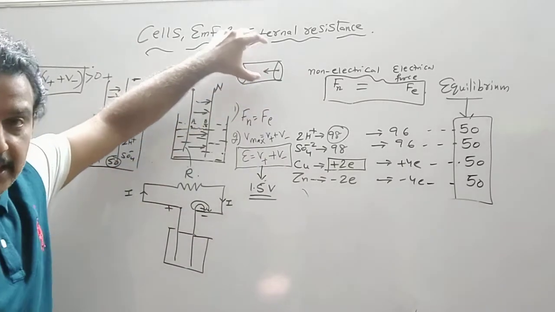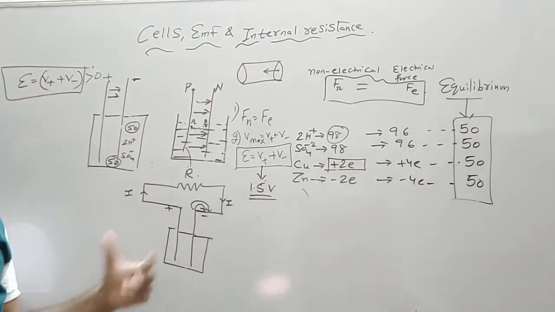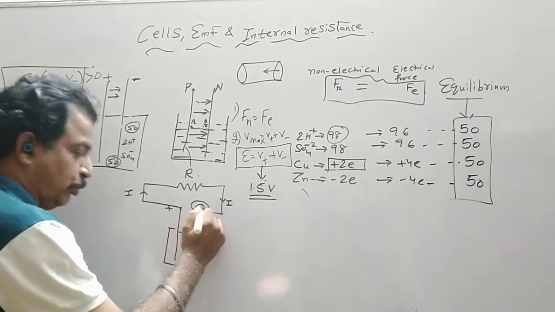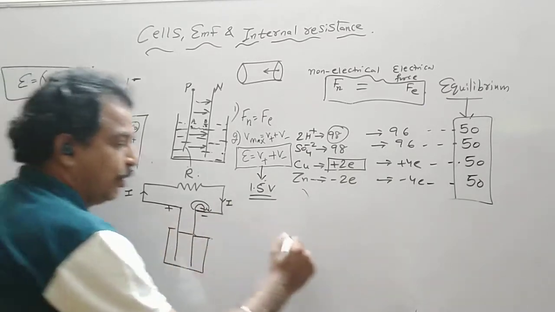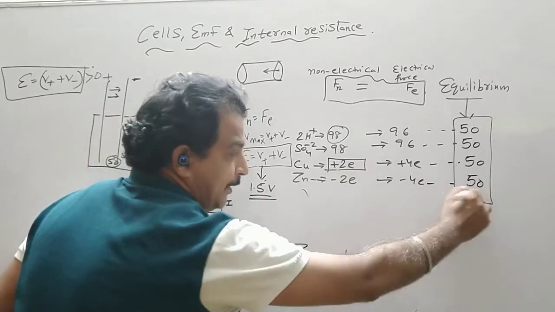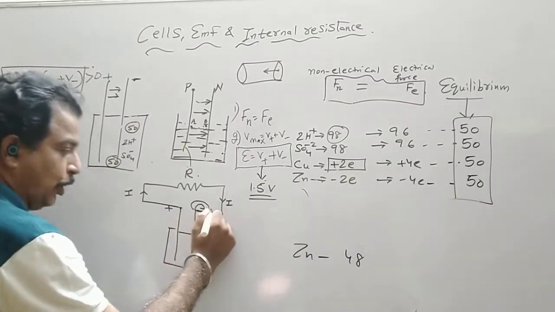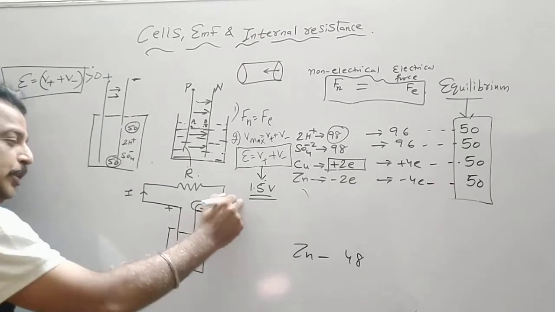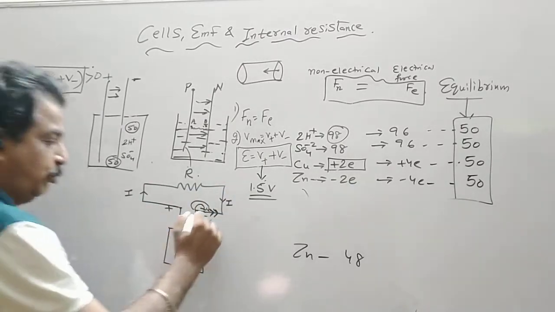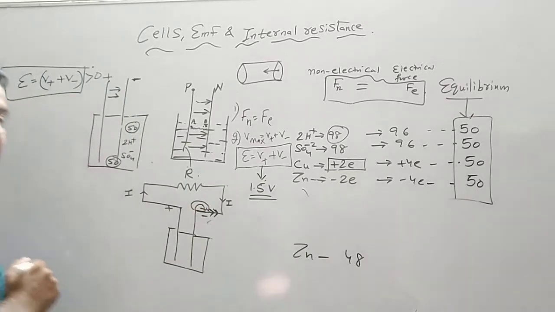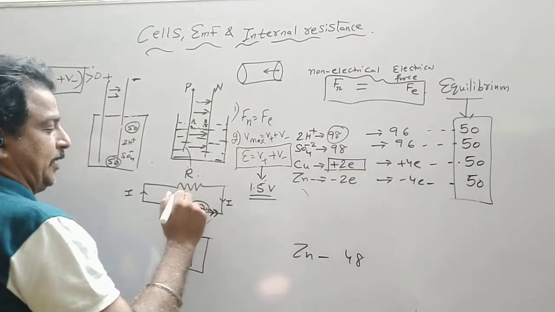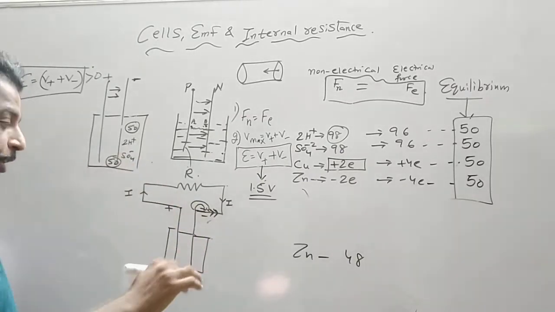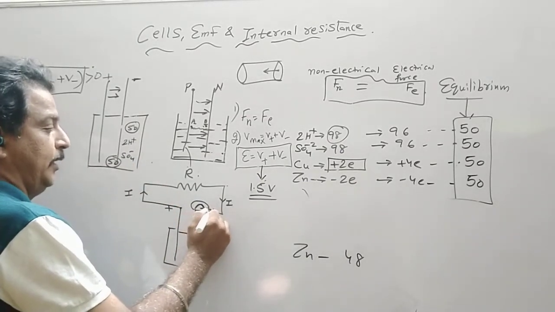So this was inside the conductor, now inside the cell. Then both the things will be combined. So suppose 2 electrons come out from this. What will be the number of zinc now? It will have 48, as these 2 electrons come out. Now let us consider this as a motion of electron, which is opposite to the conventional current. This wire also consists of free electrons. This conductor, we know, already has free electrons. Now charge can neither be created nor destroyed, so these 2 electrons come into the wire.